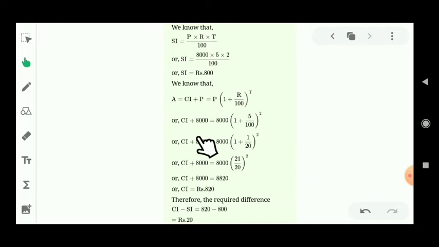And as you know, for the compound interest, firstly we have to find out the amount from the formula P bracket 1 plus R upon 100 to the power T. That means when we solve it, its value will be 8820. 8820, students, it will be the amount. And for the compound interest, we have to subtract the principal from it. That means when we find out the compound interest, it will be 820, and when we find the difference, it will be 820 minus 800, because 800 was the value of the simple interest. So the answer of this question will be 20.